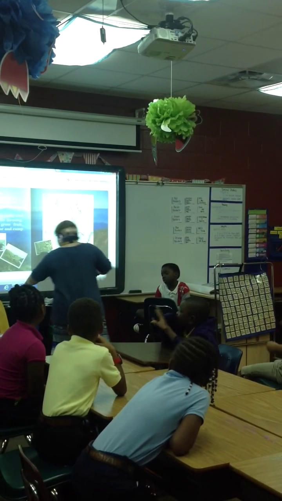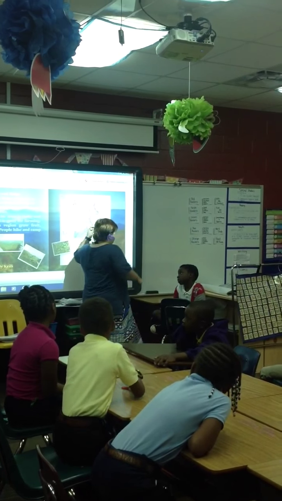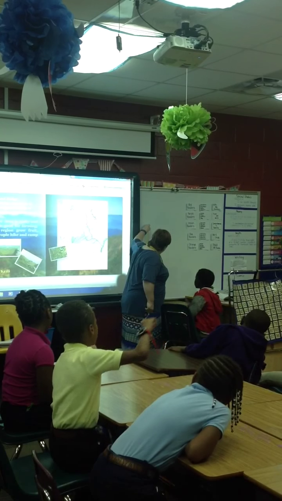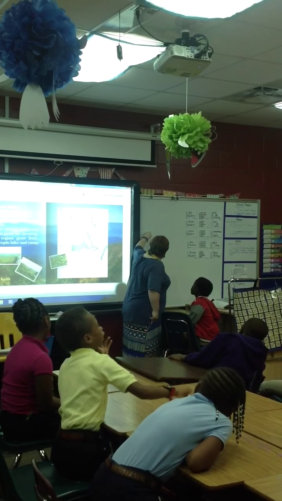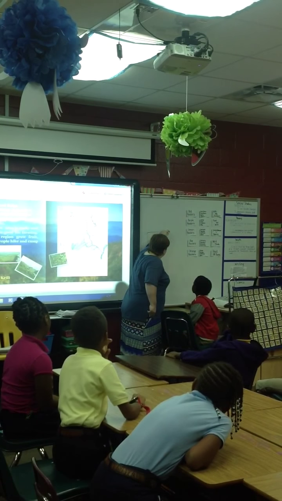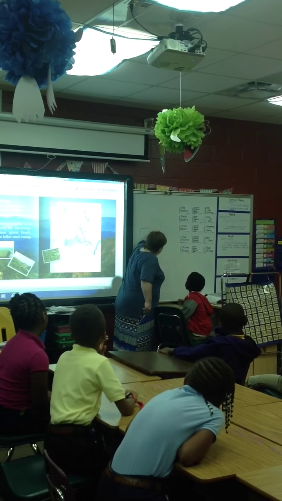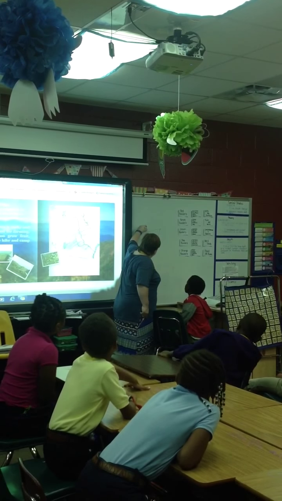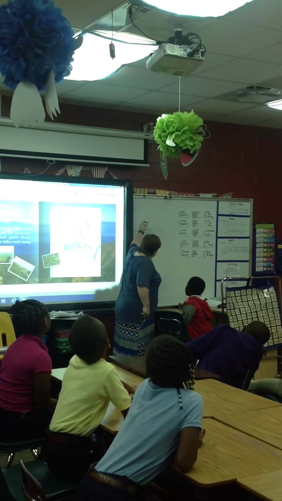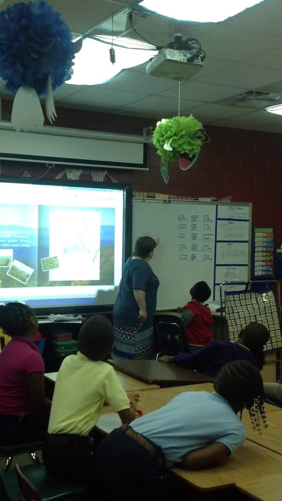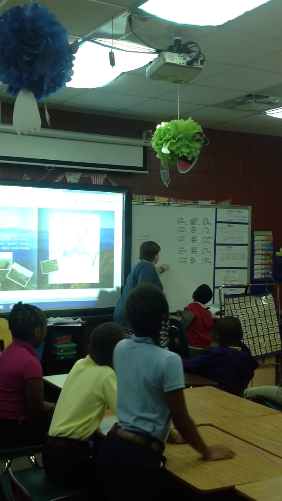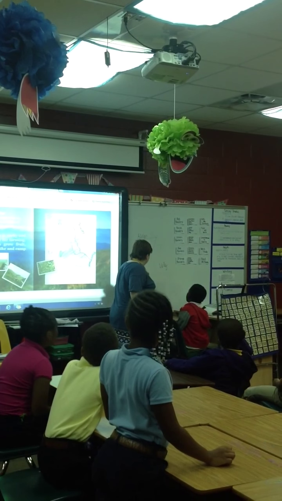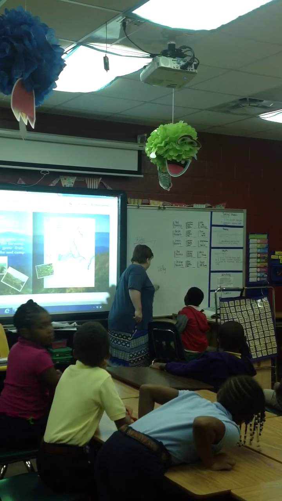And boys and girls, we talked about what a ridge looks like. A ridge is a really high region, a really high area. It's not really a mountain. Up here is the ridge, and it's pretty flat. And then there's a valley, down here. Now, if it were a mountain, it would look more like this, with a valley.